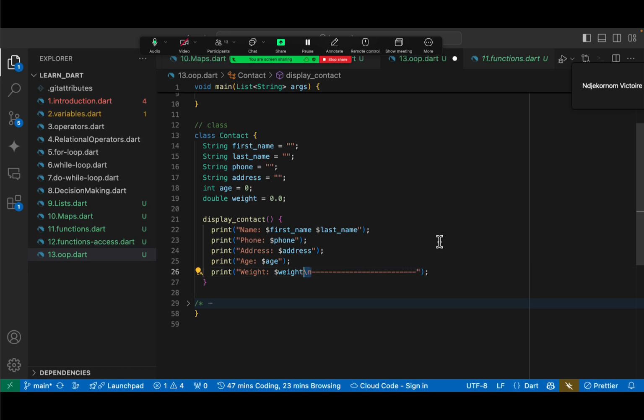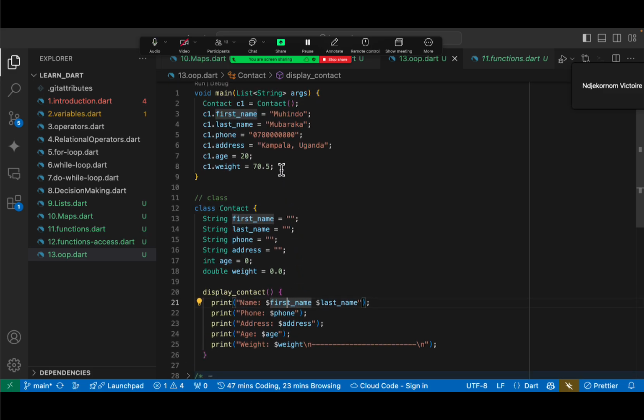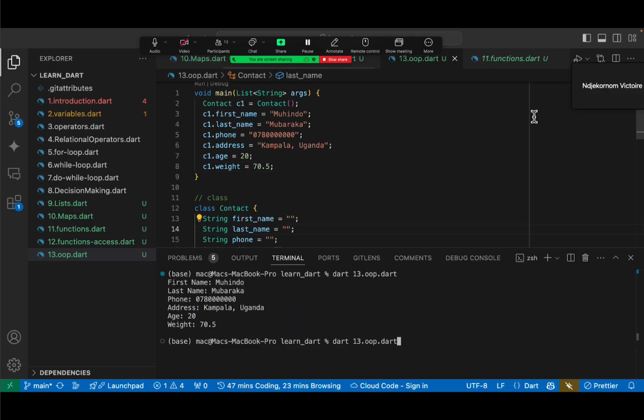All right, you'll be able to access that particular variable on an object. Let me repeat. If you want to access a variable on an object within a class, you just simply call its name. You'll be able to do that to display it, I mean to access it. So here, if I want to display, I'll just call this. So if I run this,